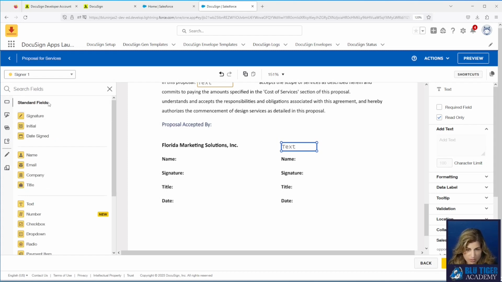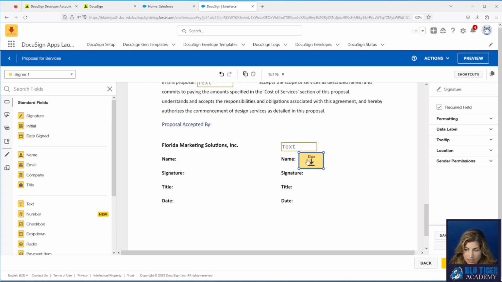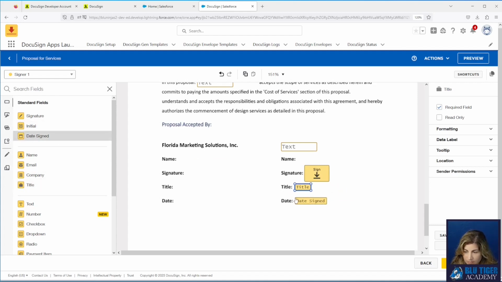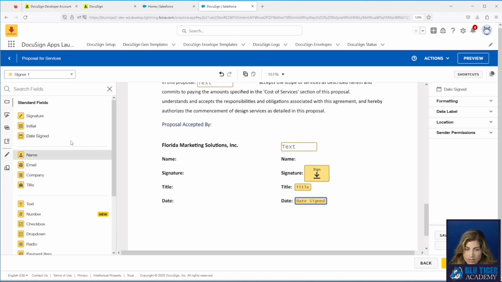So we're going to go to our standard fields picker, and we're going to drag and drop here to the signature. Now you can see that these are all yellow, and you can see that this corresponds to this list up here. So if you have more than one signer, the second one's usually teal. So make sure that you've selected who's supposed to sign here. So we're going to do all of the signer 1 fields, and I'll show you how to add in a signer 2. We'll drag the title. We'll do the date and the name.